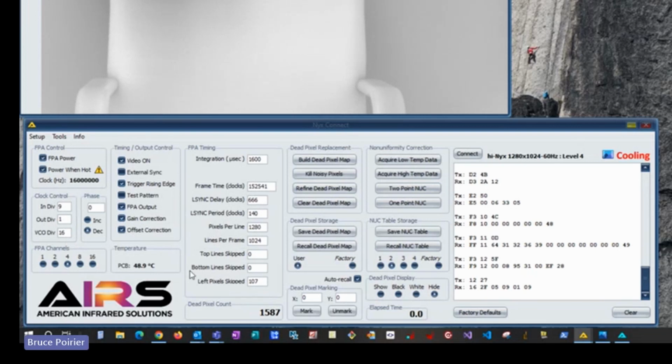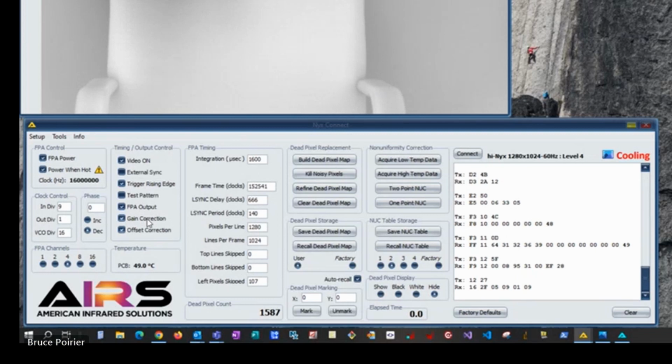All of these timing parameters, including the clock control, all relate to one another, and you typically can't change one without changing the other. So again, this is not something that you would do every day. This is something that you have to do a little planning for, and you would do if you, for example, wanted to change the frame rate of the camera,